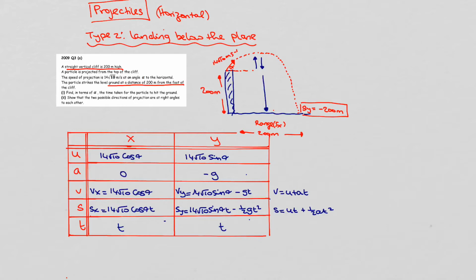So we could use either of these pieces of information to work out our time of flight, but if I compare s of x with s of y, it is much easier to try and isolate t on its own with s of x. And we know the value of s of x is 200 metres on landing. So for part 1, we're saying on landing,